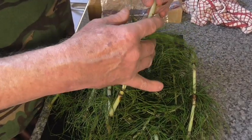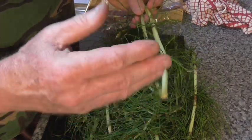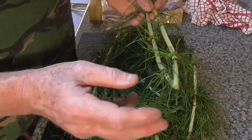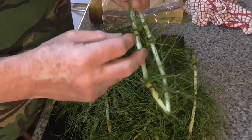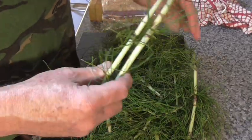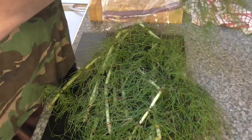I'm going to cut all these fronds off, and I'm going to keep them, and tomorrow, weather permitting, I think it's going to be really heavy rain tomorrow, I'm going to go out in the field and have a brew up like I tend to do on a stove or an open fire, depends on circumstances. The rest I'm going to break up like in a bunch like that,